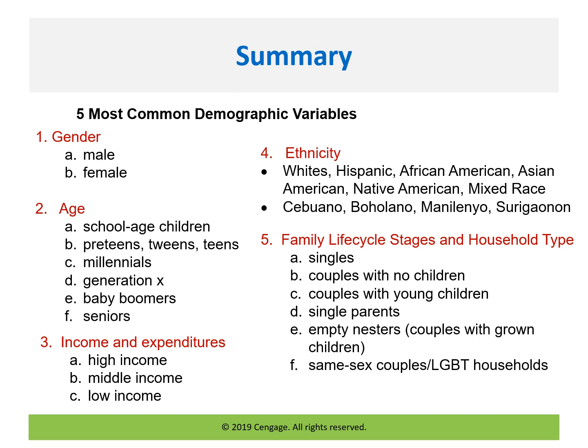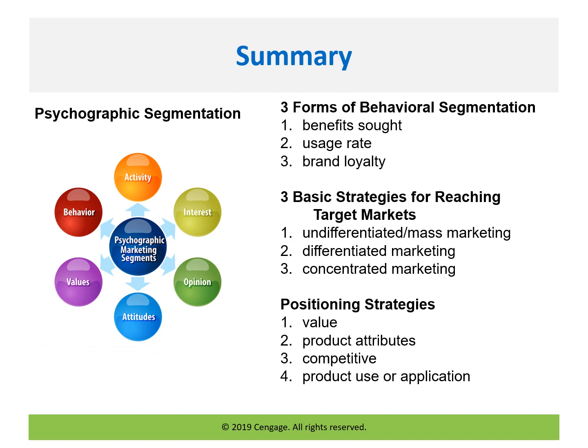Next is family life cycle stages and household types, whether they're singles or couples with no children, couples with young children, single parents, empty nesters or retirees, or couples with grown children, or same-sex couples or the LGBT household. We also talked about psychographic segmentation, which include the type of activity or interest, opinion, attitudes, values, and behavior of a specific target market. And the 3 forms of behavioral segmentation, we'll mention the benefits sought, usage rate, brand loyalty